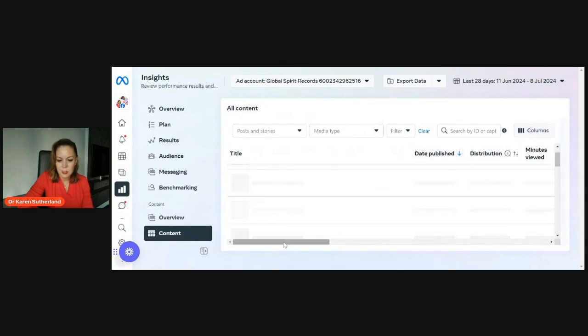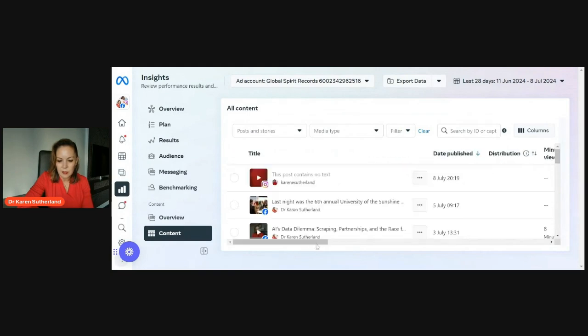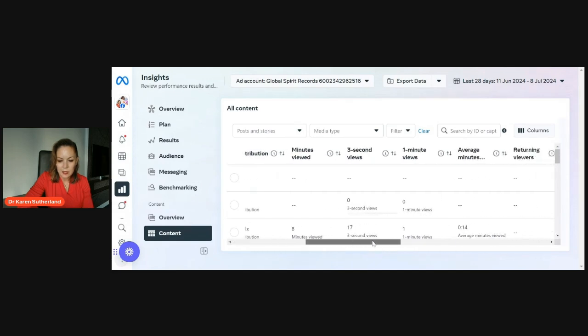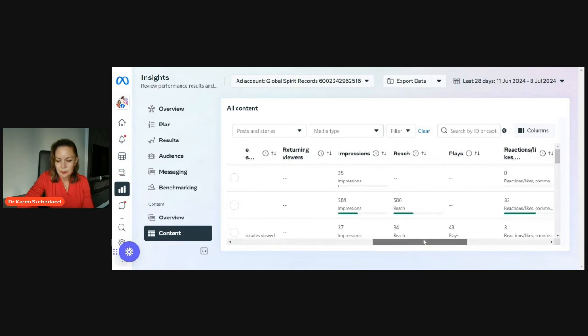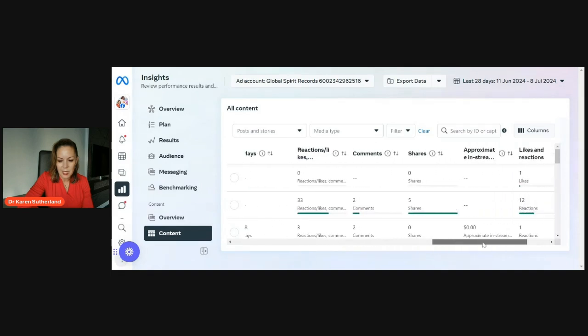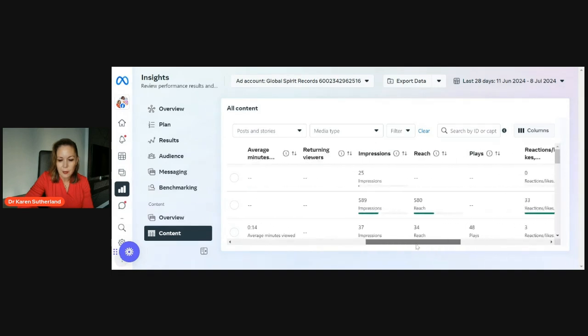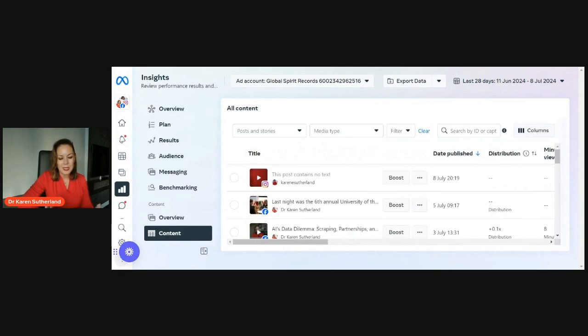Across the top, it shows you for both Facebook and Instagram when it was published, where it went, and if it's a video, how many minute views, impressions, reaches, reactions, all these analytics that can help you. But if you're trying to scroll through that to make any sense of it, it's really painful and will take forever. What you can do is download it into a spreadsheet.